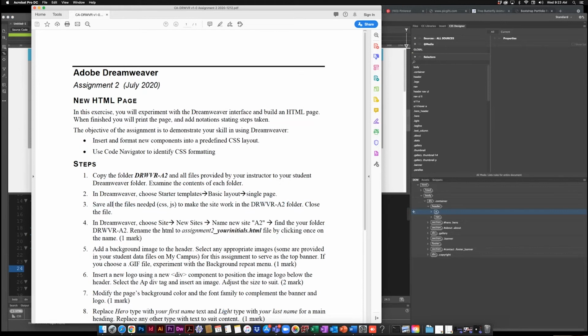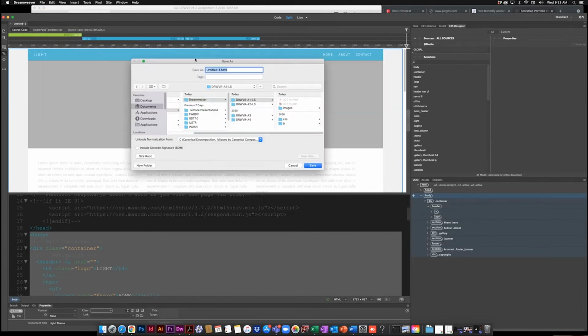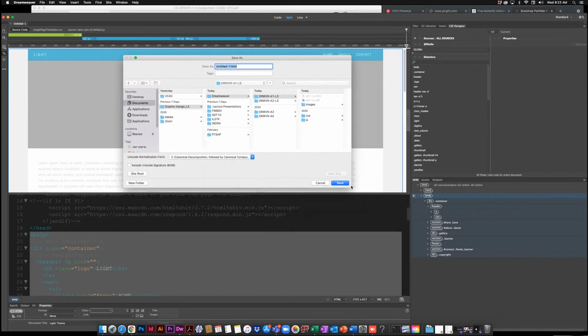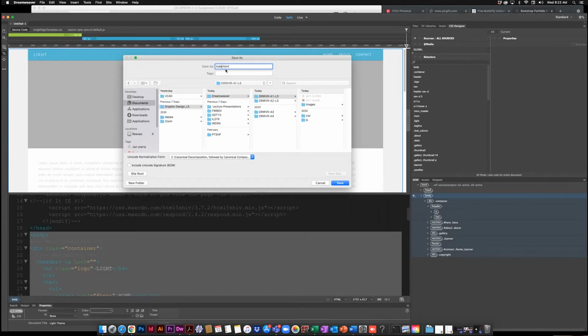It says save all the files needed to make the site work in Dreamweaver 2 folder. Close the file. So I'm going to say save all. And it should pop up with this window that tells you that you need to save it. So I'm going to call this one index. Index is always your main page, usually in a template or in your folder. So it doesn't say, just says Dreamweaver A2. Okay, so I think I'm going to save this one as index and my initials